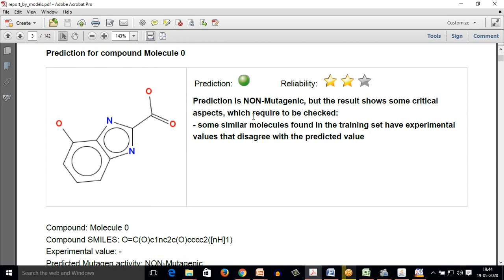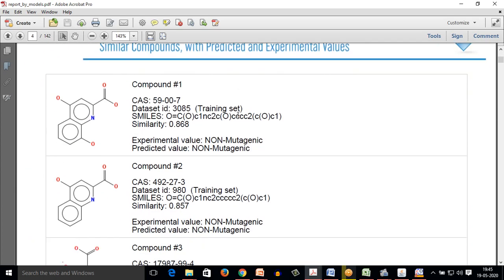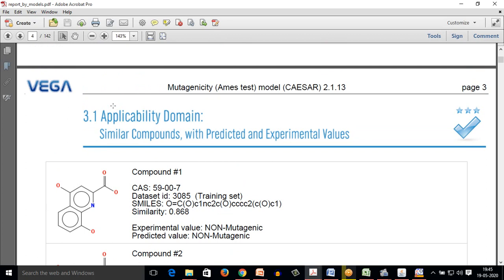Now coming to the next section, the reliability. Again you can see 2 stars, which means, as I have chosen a very common molecule, the reliability index is higher in this case.